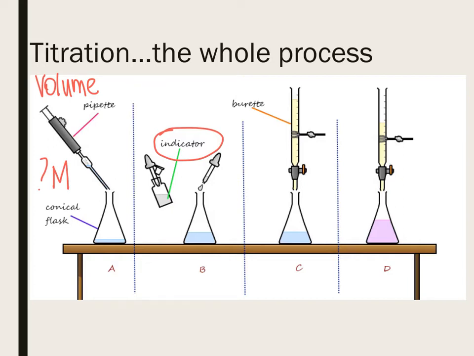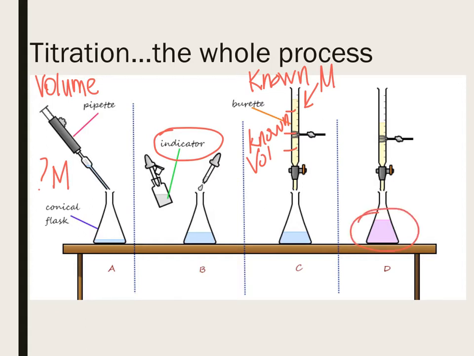Step C, the third step, is they are using a known concentration, so a known molarity, in a burette, and then we're going to read the volume as we add it. So we will have a known volume. They will continue to add substance from the burette into the flask until they see, in this case,